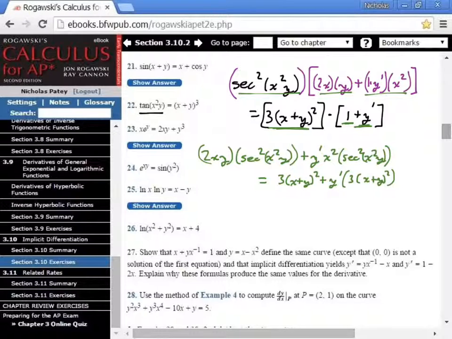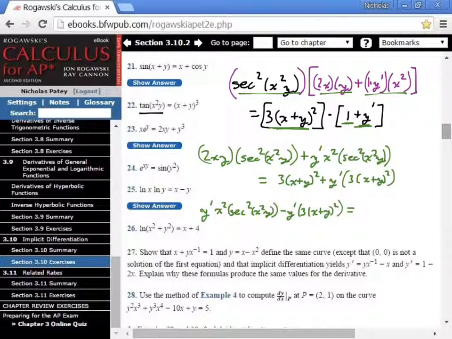Okay, so we need this guy and this guy on the same side. So I'm going to subtract this so that he's then with this. And then I'm going to subtract this guy, so now he's going to be with this guy. So let's rewrite what we have. I'm going to try to fit it all in one line here. We have y prime, x squared times secant squared x squared y, minus y prime 3 times x plus y squared,